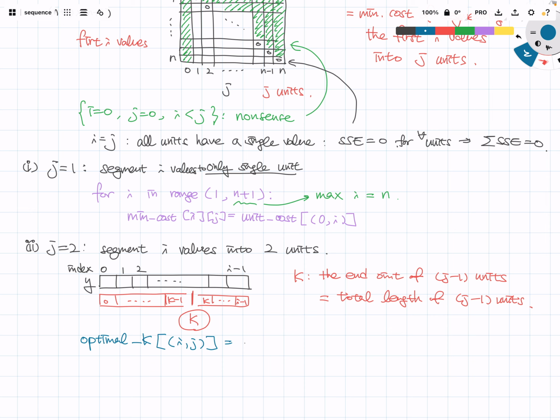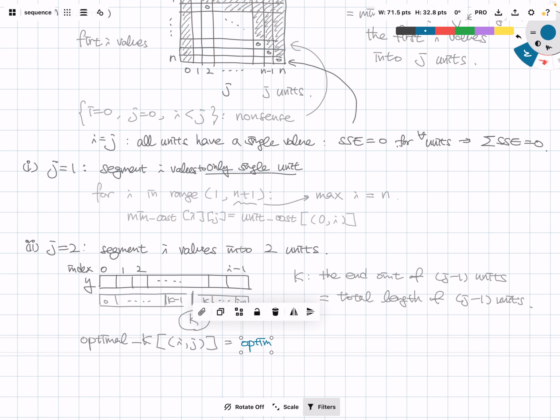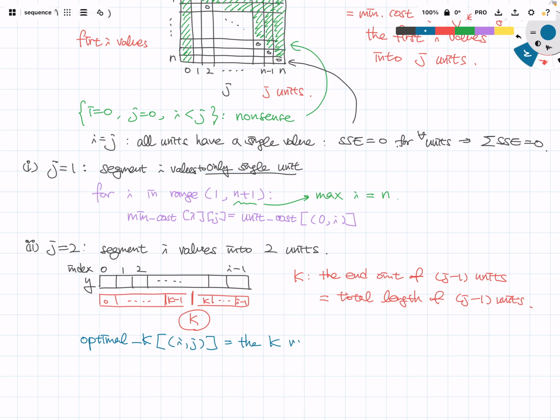So this means that optimum k value minimizing the cost of segmenting the first i values into j units. So we don't know